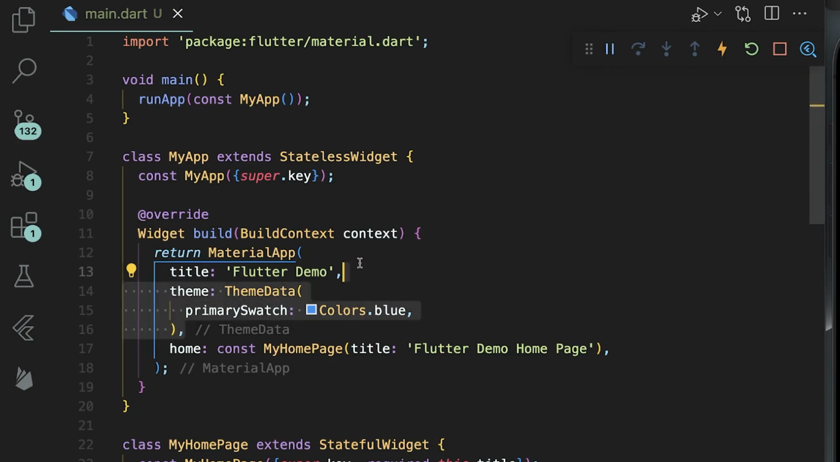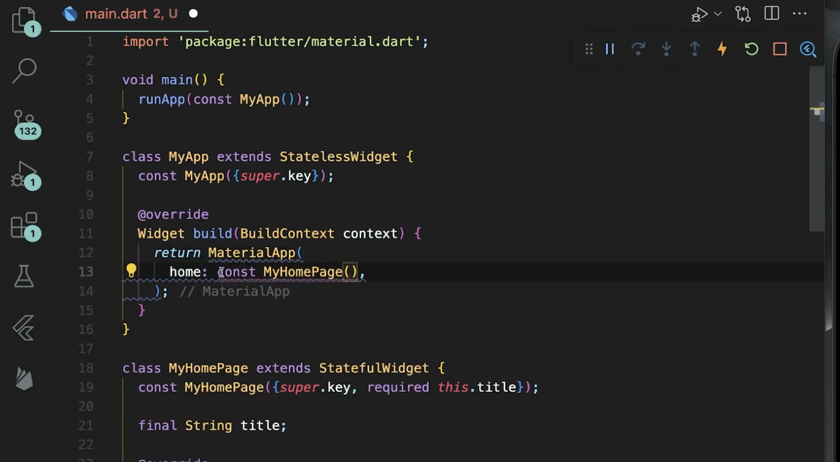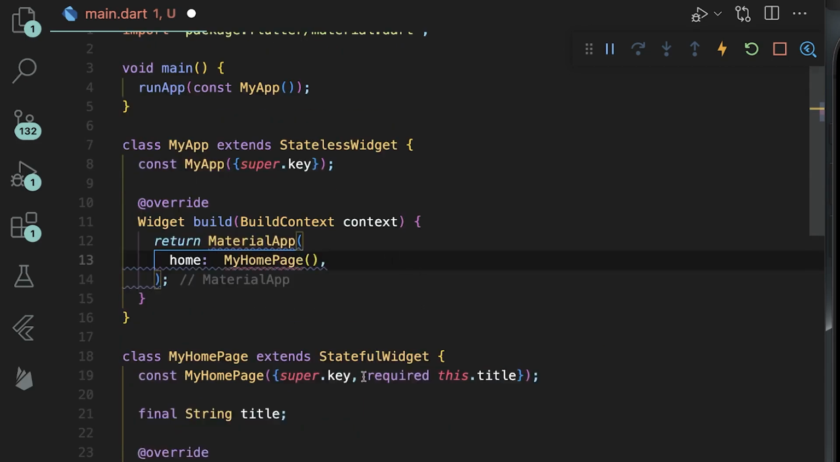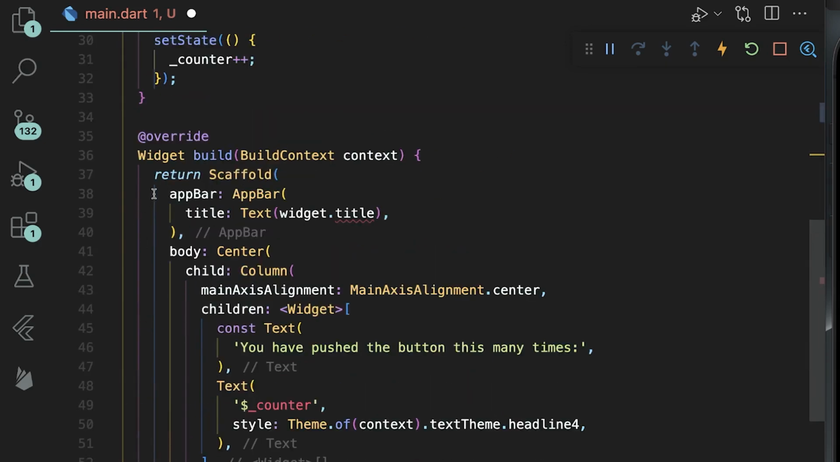So we don't need all this in here. We don't need the title. We don't need the title here. We don't need the title here. We don't need the app bar. We could just set it to default title saying to-do